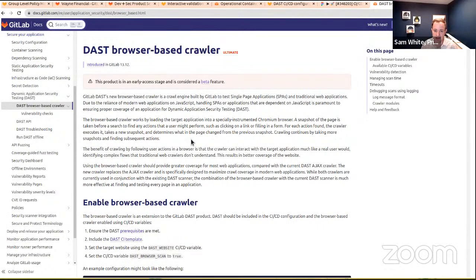which is a really exciting feature. It's early access, it's beta right now, but they're going to be continuing to improve that and get that ready for general availability. And then lastly, we're going to be continuing improvements on our SAST and on our vulnerability management